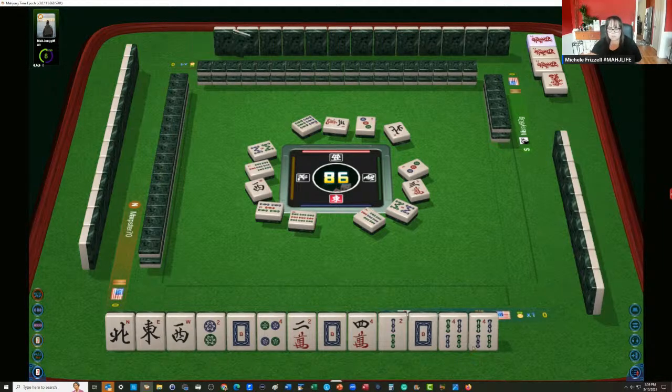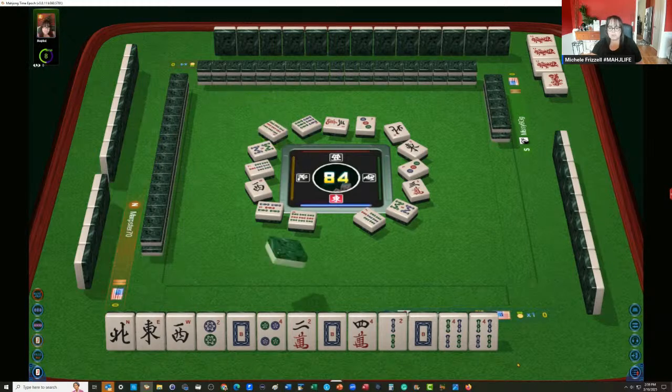Let's try this. East wind. At least we've got east-west. We need north-south. Red dragon. We don't want 9 bamboos. We don't want dragons. I mean jokers. 8 characters. We're not interested in jokers right now. Oh,